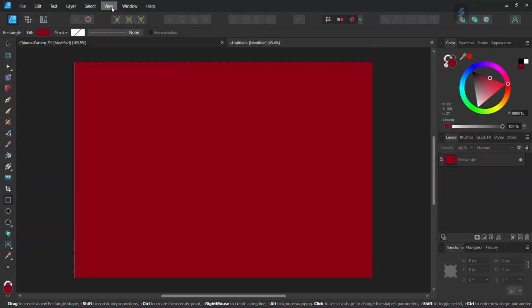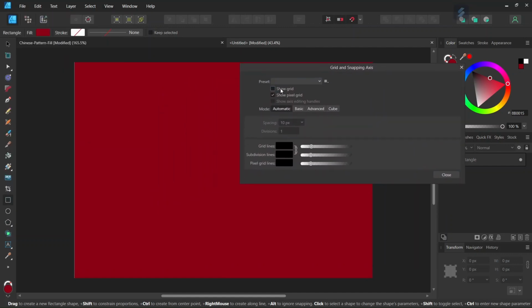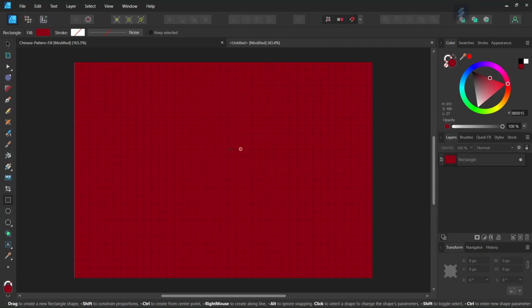And then we're going to set up the grid, so we go to View, Grid and Axis, we check on Show Grid, we go to the Basic tab, we leave the spacing as 64 and divisions to 1. We make sure that the grid is in a color that allows it to be seen, and then we click on Close. And then we are going to start drawing the squares, so we take the Pen tool,